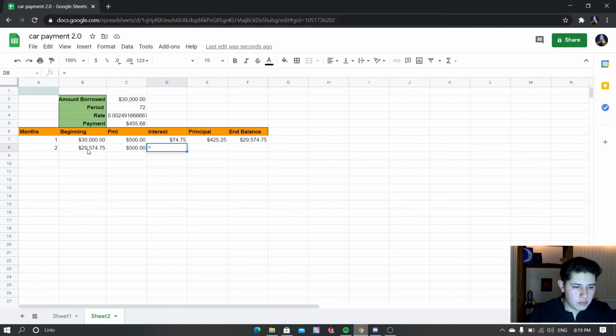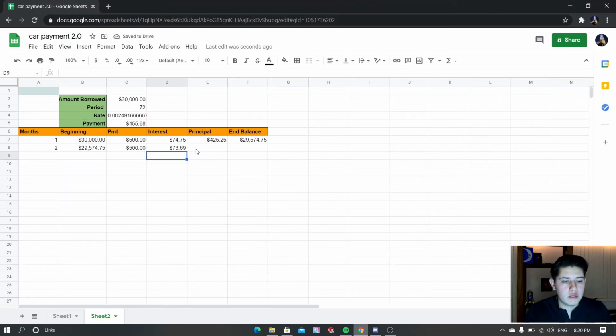Sorry, so it's gonna be the $29,000 times this one right here. And same thing, we want to lock the C4, which is the rate, so it stays there no matter what. So there we go. And at the interest, you can see it reduces about around $1, but it's still really